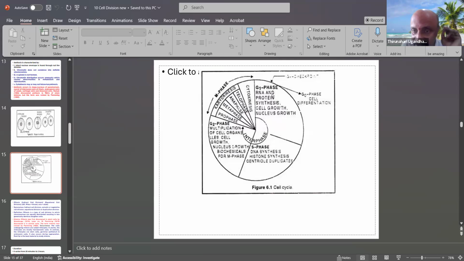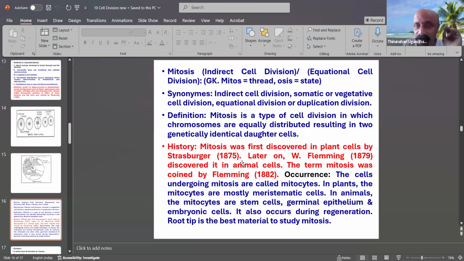The M phase, here is also the G1 phase, the S stage, the G2 stage, and the M phase. These four stages are called a cell cycle, where one cell divides into two cells. Mitosis is indirect cell division, equational cell division. Mitos means thread, osis means state. The synonyms: indirect cell division, somatic